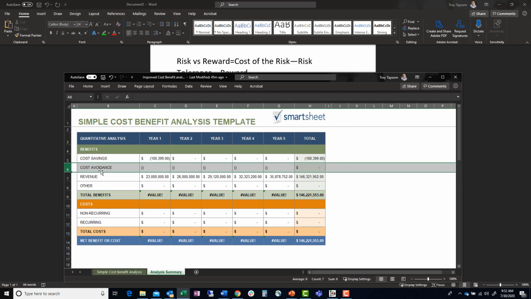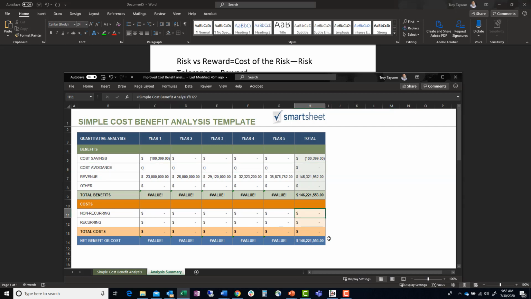There's a pivot table, and it basically condenses everything, and you can come down here and say, okay, our total benefit, right? $146 million. Okay. Now we didn't put our reoccurring costs in here, but if I were to put a reoccurring cost in here of, let's say it's